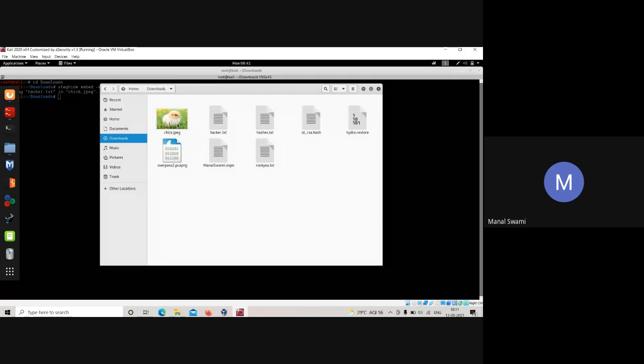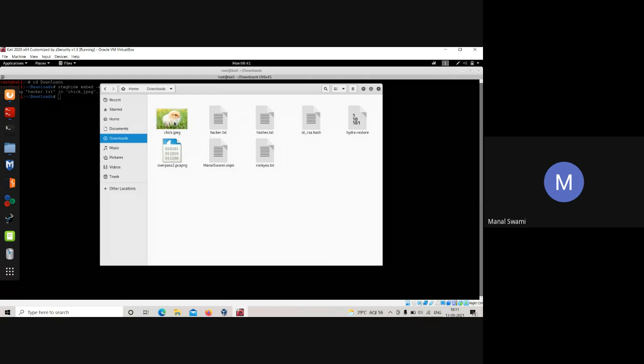Till this point, is everything clear to you guys? So then why is hacker.txt there? Hacker.txt is the file which I wanted to put in this image. This file is actually copied to this image. It is not cut and paste, it is copy and paste. The data I had in this particular file is now copied to this file. Clear? This was my information file, and this was my target file. Done. Now my data has been embedded over here.